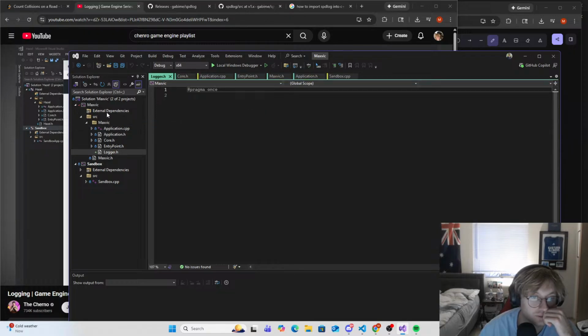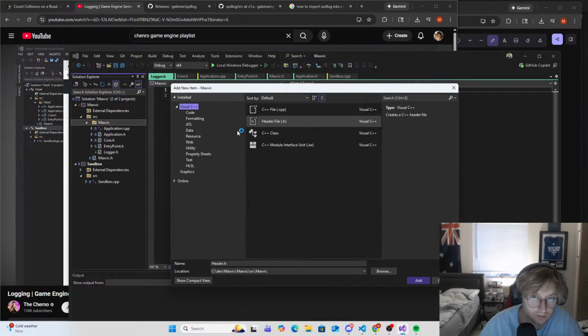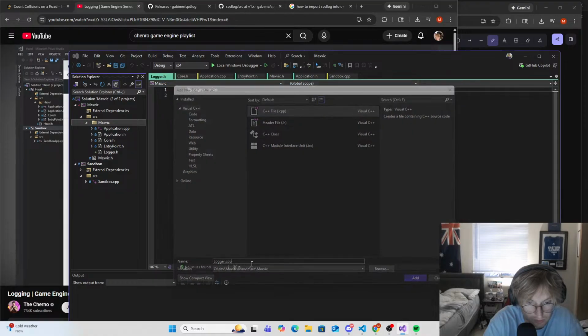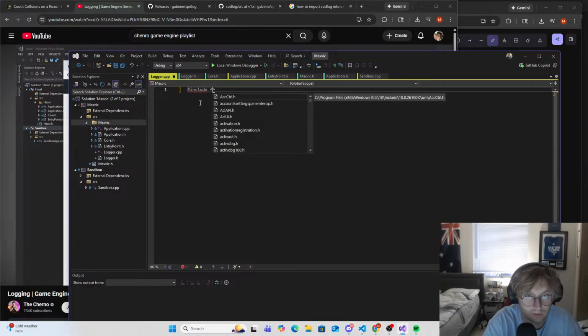I don't know, we can add both for now, a C++ file, logo.cpp. Let's try just including it. It's a library, so